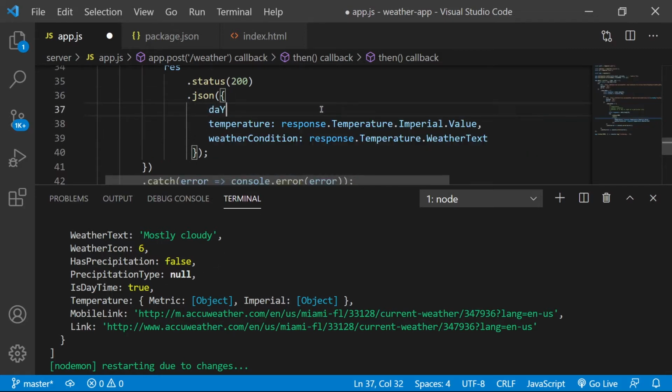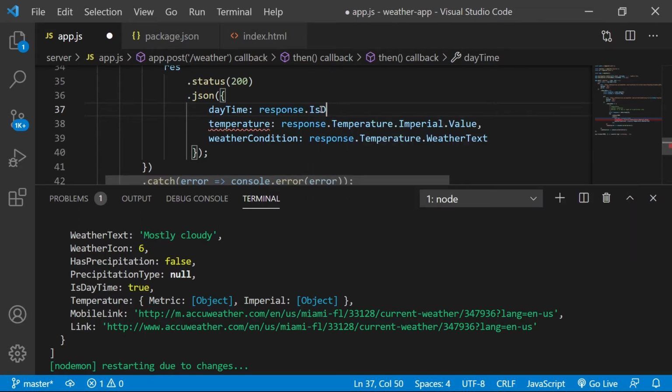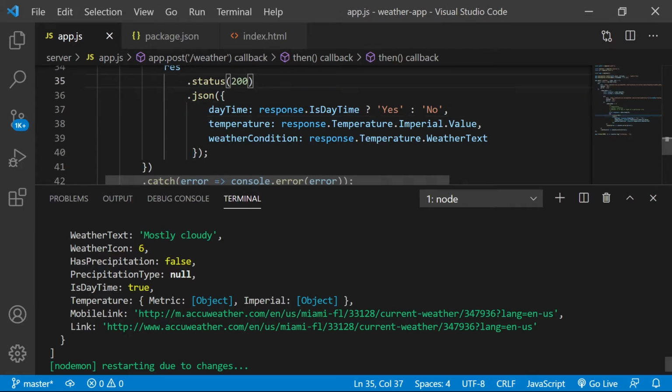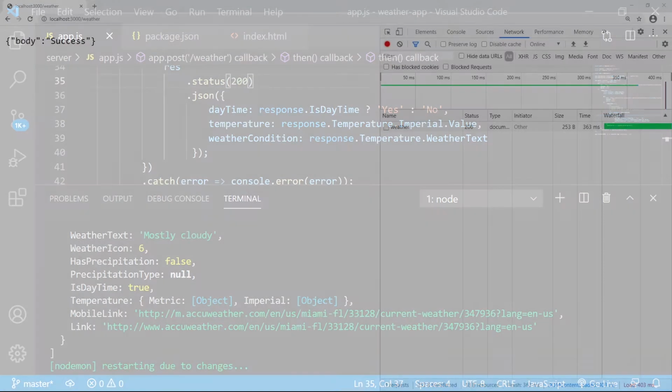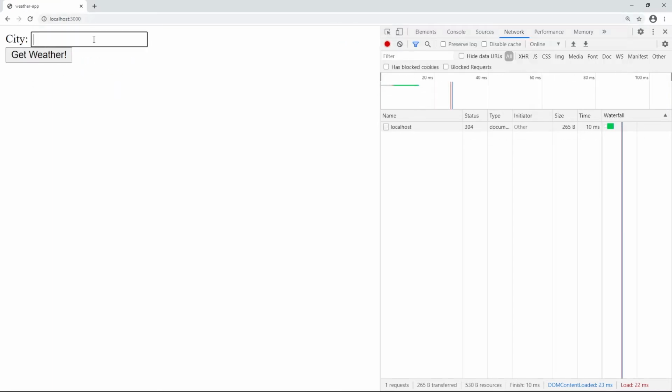So let's come here and say daytime, and we can say something like response dot is daytime. And we can say yes or no. All right, so let's do this and see what we get. Come back to our app, say Miami.